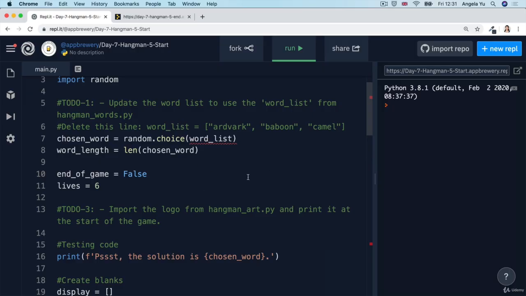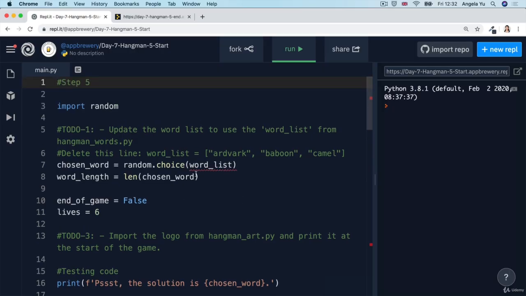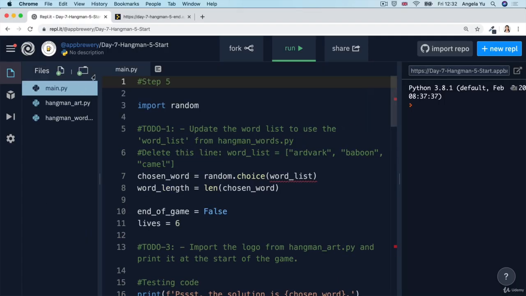And very often when we're writing code, it's really important to help yourself when you're creating the code. And only once you've got all the logic down and everything's working as expected, then to actually add the full functionality. So inside the step 5 starting code, if you take a look at the files over here, you'll notice